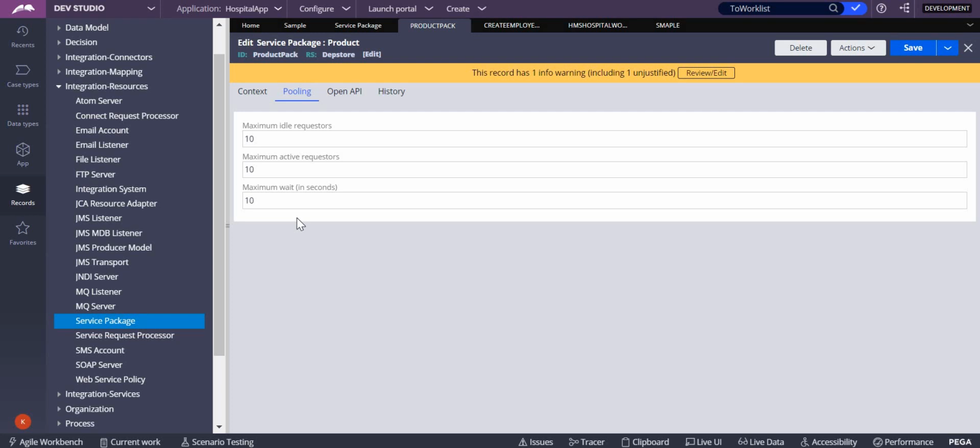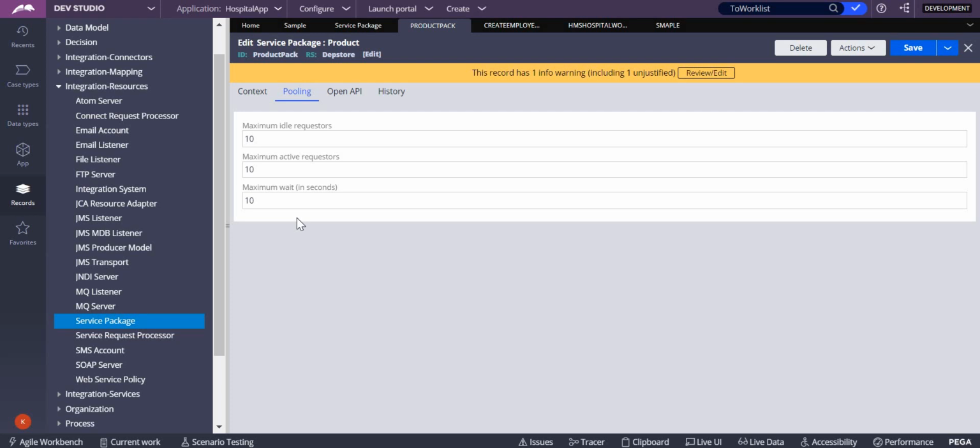Okay, and coming to the maximum wait, it means if it is in the requester, how much time it should wait for another requester to get in. So for that you are going for maximum wait here. If there are two requesters over here, one will be active and one will be idle. Whenever you request something, it will go to the active requesters and execute it.